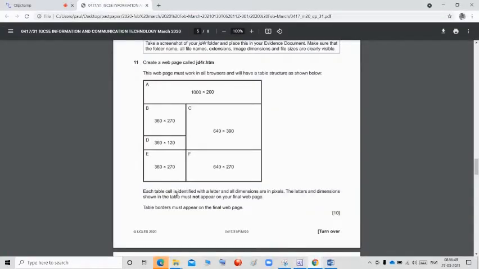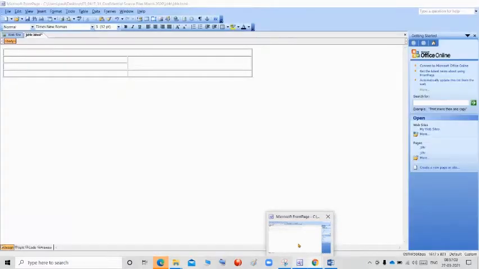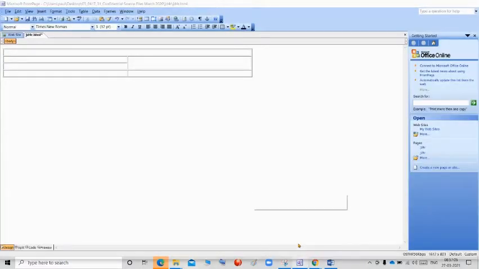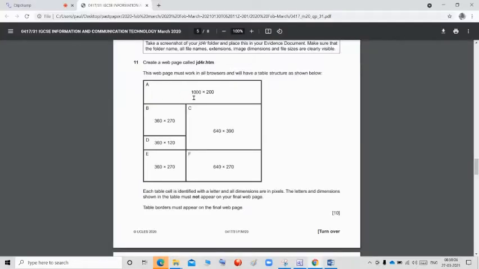Now, each table cell is identified with a letter and all dimensions are in pixels. So we want to give the pixels for each cell. For the first A, they are giving 1000 width and 200 height. So we are going for the first row. A, the width should be 1000 and the height should be 200.